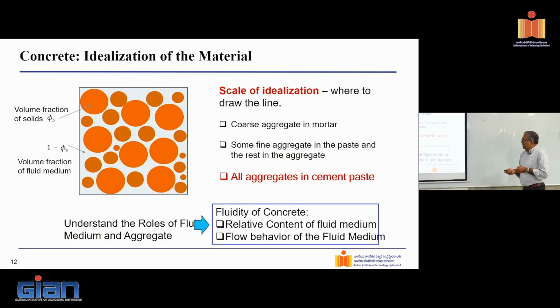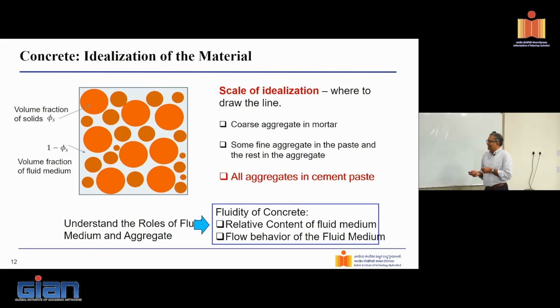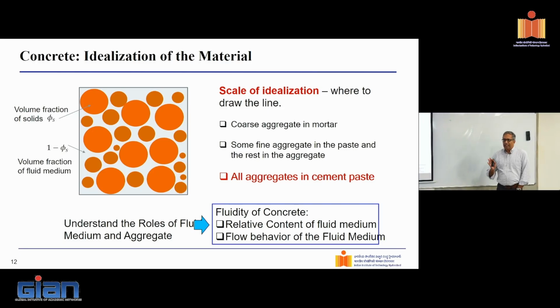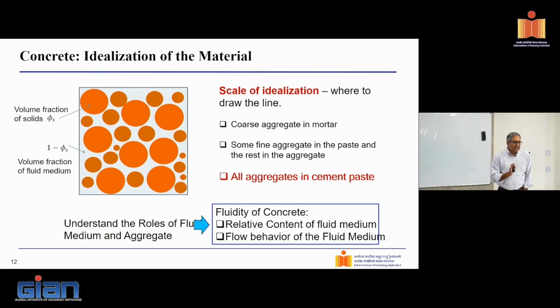And the third and the most generic argument is where all aggregate, fine and coarse, are sitting in a paste medium. So the gray here now becomes paste and the oranges become all aggregate, which is coarse and fine. So this is the primary level of discretization that I can adopt, where everything orange is all aggregate, and everything gray is paste, cement paste. There's also one more level of idealization. I will not get to that here, but that can also be done, where within the cement, I can look at the cement grains and also look at them as solids and treat only water as my fluid, but then that becomes a little trickier to handle.